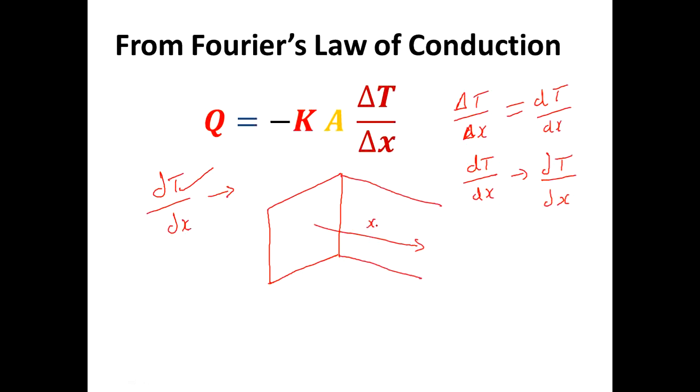This is the x direction. Here the temperature will vary in x for the distance dx. In the distance dx, or del x, there will be variation. The variation of temperature in the x direction only. That is the meaning of this.